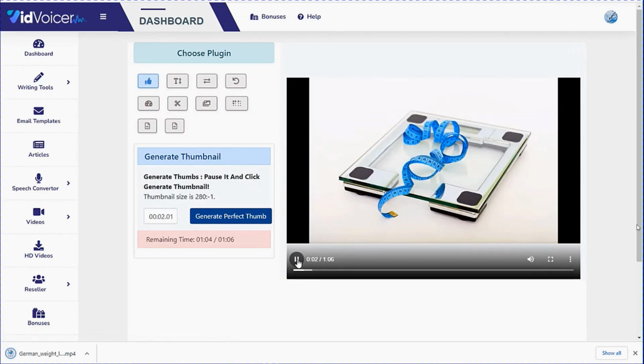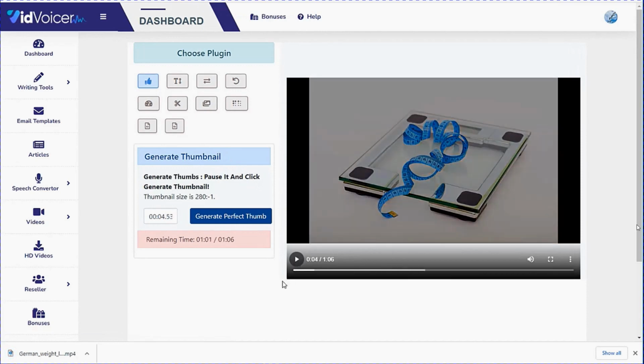Wenn Sie daran interessiert sind, Gewicht zu verlieren,